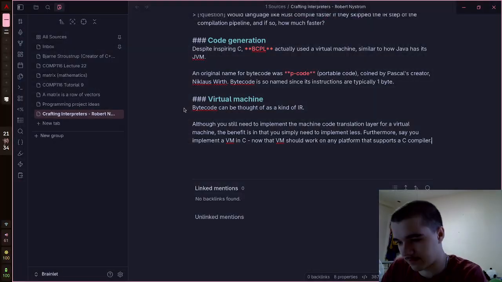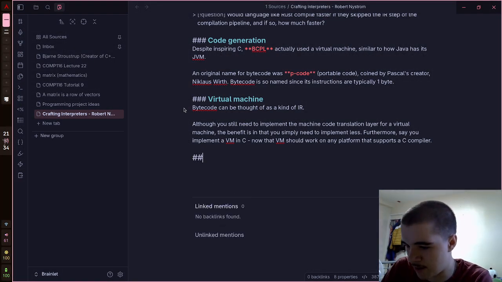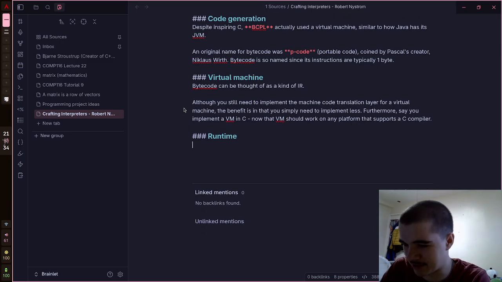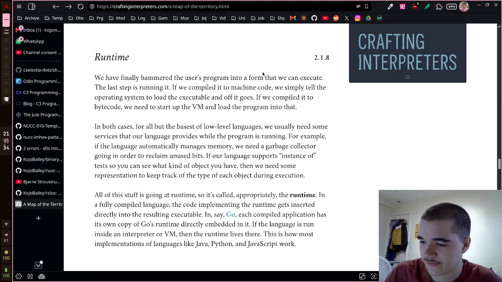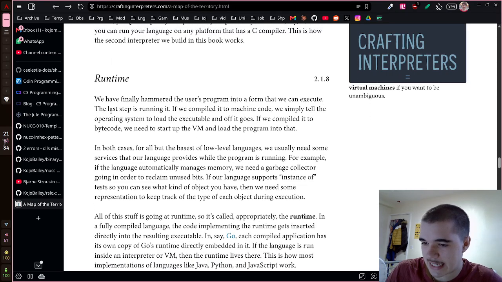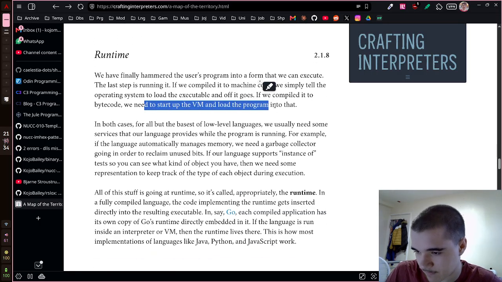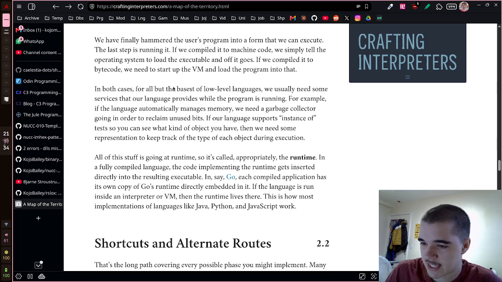Runtime, where everything falls apart, because everything becomes unpredictable. We have finally hammered the user's program to a form that we can execute. The last step is running it. If you compile it to machine code, we simply tell the operating system to load the executable and off it goes. The VM, right? In both cases, for all but the basest of languages,